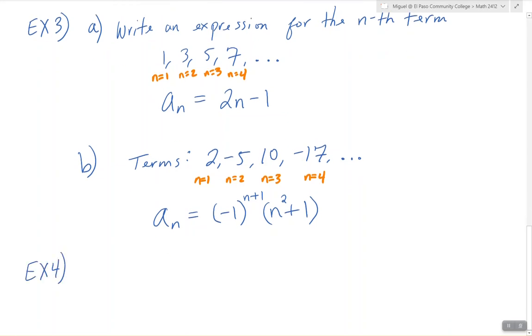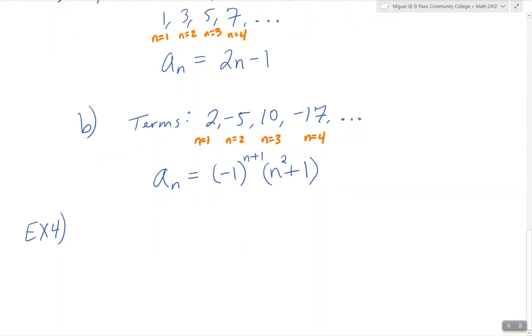There's also the idea of what they call a recursive sequence. So some sequences are defined recursively. To define a sequence recursively, you need to be given one or more of the first few terms, and all other terms of the sequence are then defined using previous terms. For example,